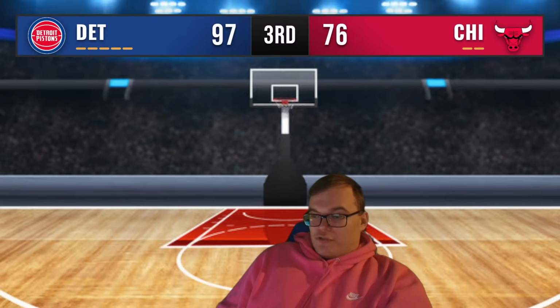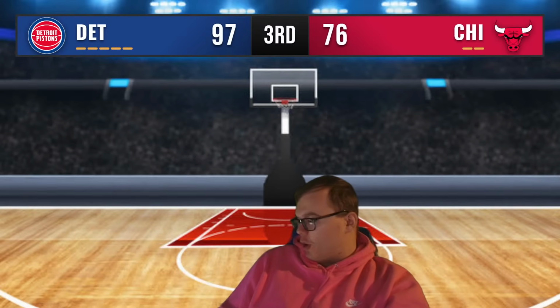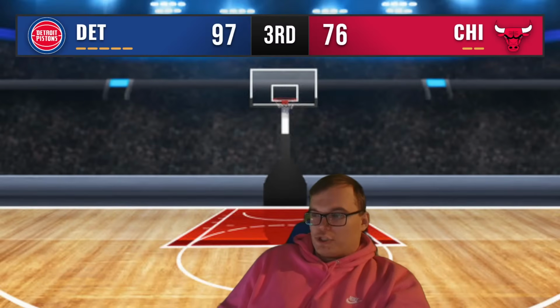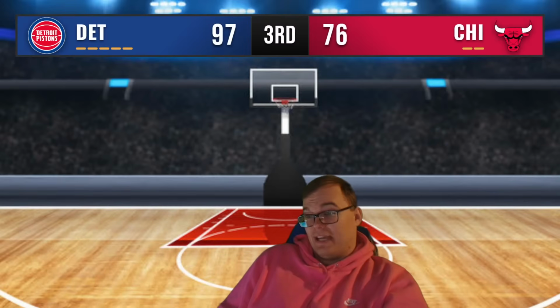Pistons knocked down the first free throw, missed the second free throw. I believe, are they gonna call a shooting foul? Matas tried to chuck it up from 3/4 court. Paul Reed looked like he fouled him, but I don't know if the clock expired or not by the time he put up that shot. They might call a shooting foul here on Paul Reed. We're gonna see. So it's currently the end of the third quarter. Paul Reed tried to basically block Matas, but I think they're going to call a shooting foul. And if that's the case, it might be 3 free throws for Matas.